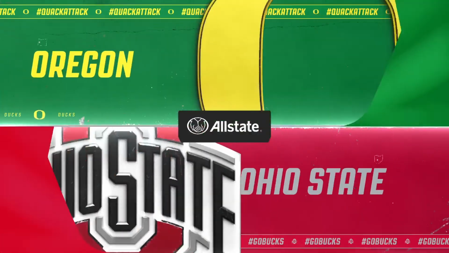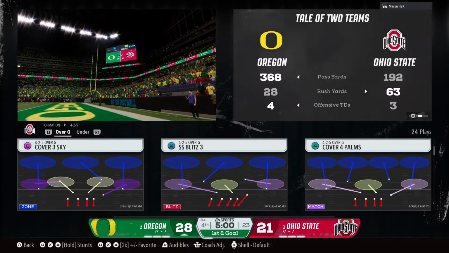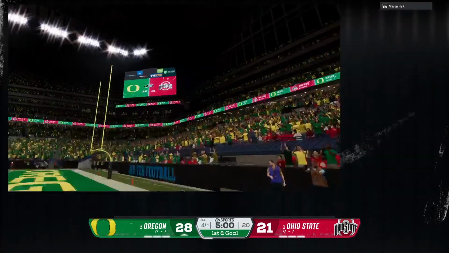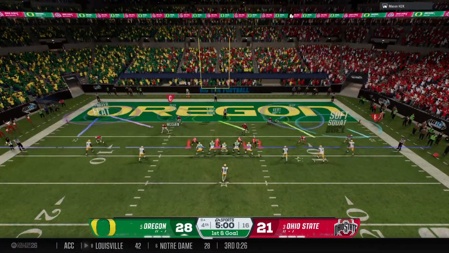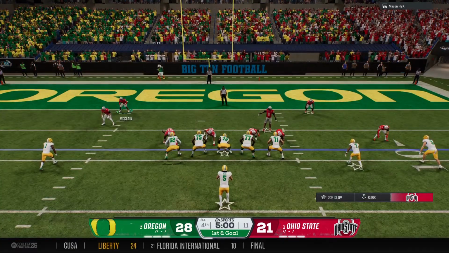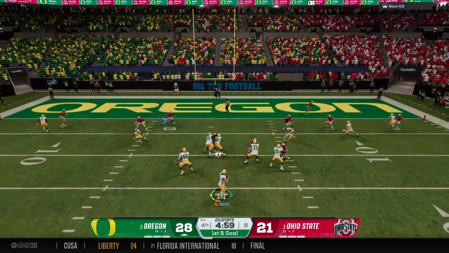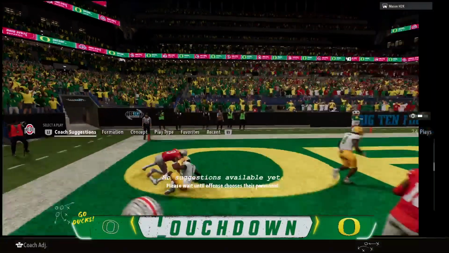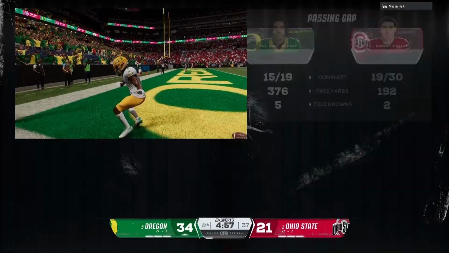One quarter to go. Let's see if this sets up as a classic finish. Ohio State, 21. Crucial play here to begin the quarter as the offense sets up 1st and goal. There's the snap. They'll set up to throw. He's got it near the end zone. And he will score. Touchdown, Oregon. Conference championship on the line.